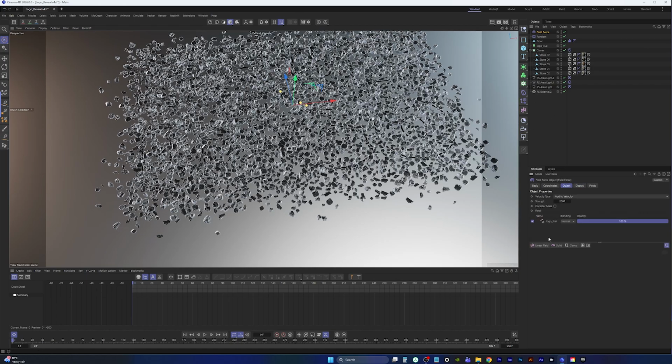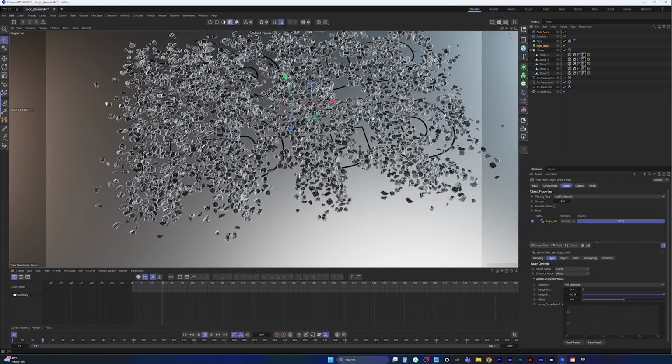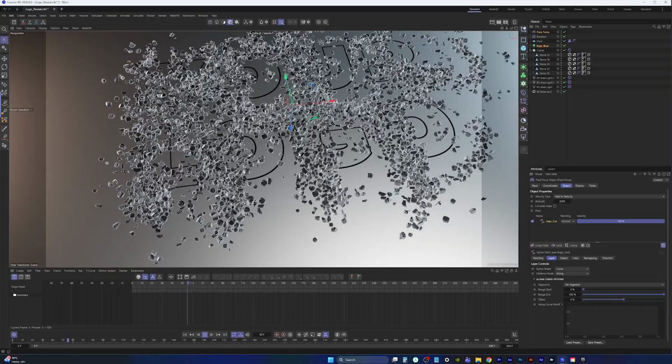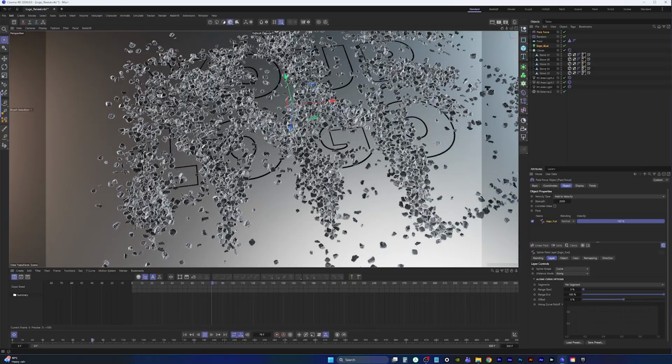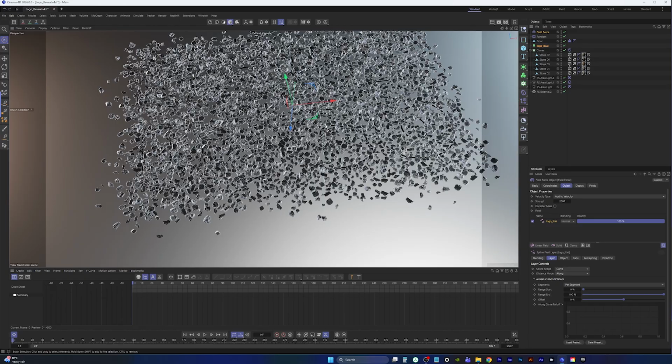Let's go back to the object tab now and go to our logo here. Before we do anything else, let's just see what's going to happen. You can see there that the rocks are moving around in a kind of circle. So we want them to be attracted directly towards the shape of our logo vector. To do that, we select the spline that we've just added, and we'll set the distance mode to radius. Let's bring the radius up to something like 500. And now if we play that,